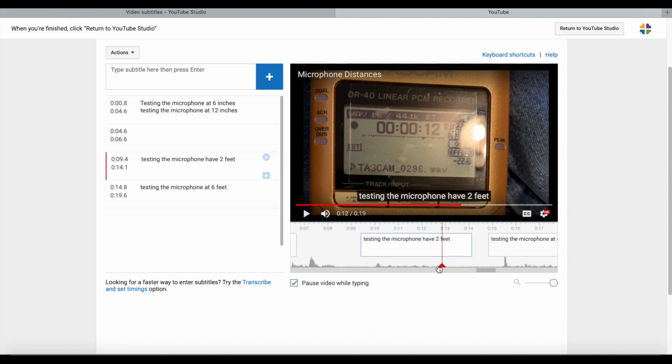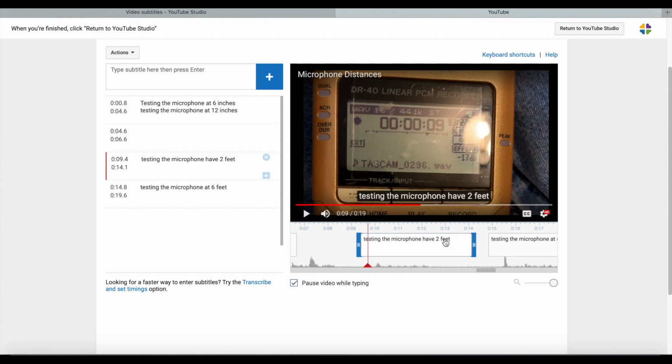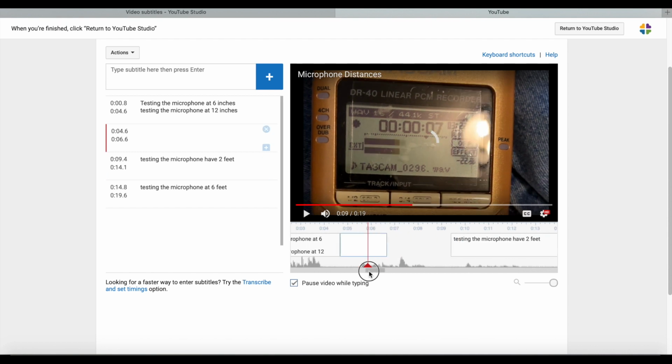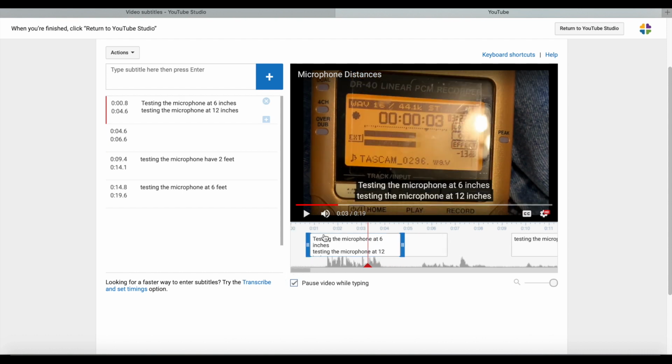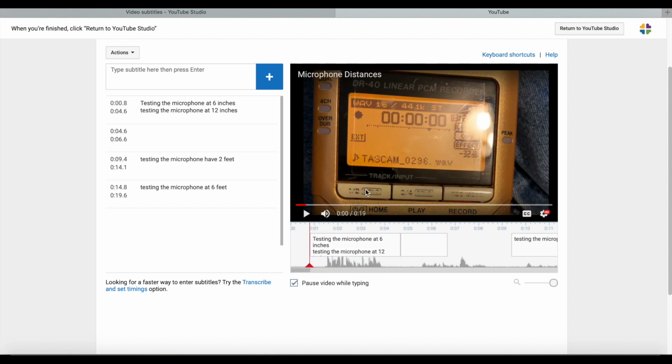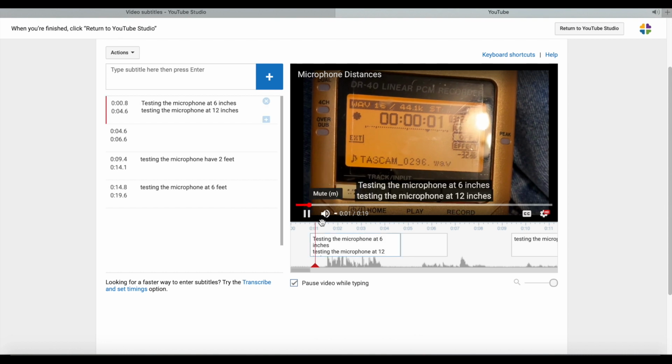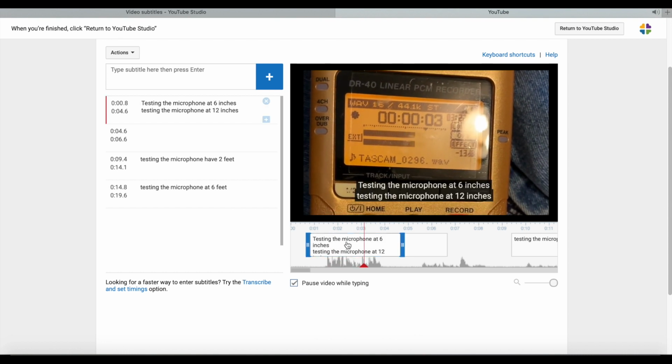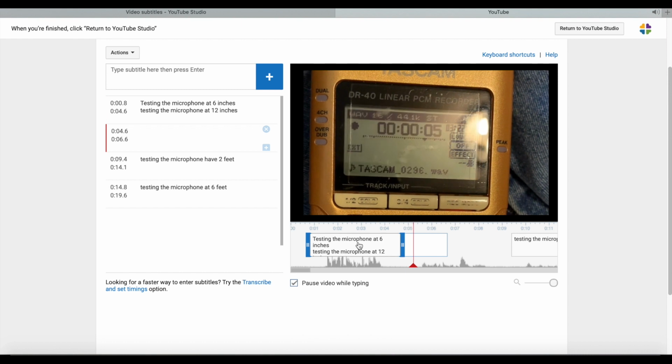Another nice thing about this is that not only can you move this little marker around where you are in the video, but you can actually move the blocks of text so that you can set up the timing. And that's what I want to do with this video. So what I'm going to do is take a look at this first one. I was testing a microphone, and you can see what it says here. It lists both captions on the same card, call it a card. At 6 inches. And then you can see it goes,